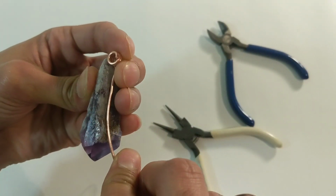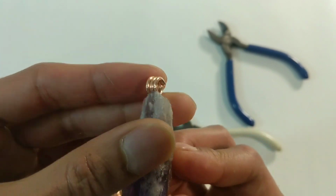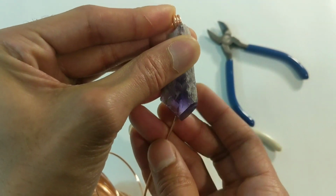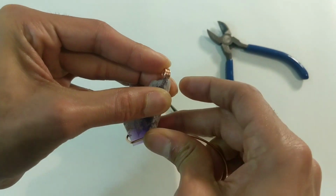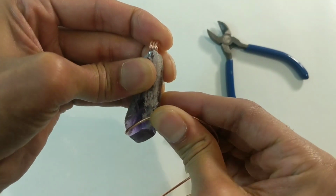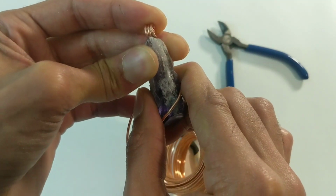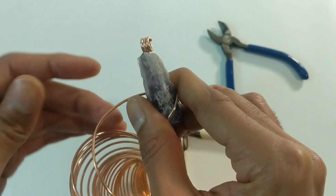What you're gonna do is run it down, and then we're gonna hook it. So, let's see. Run it down, hook it around at the bottom, and literally just bend the wire around. This only works with certain type of stones. Pretty sure you can do it with other stones, but